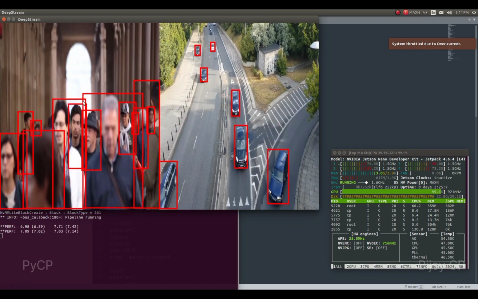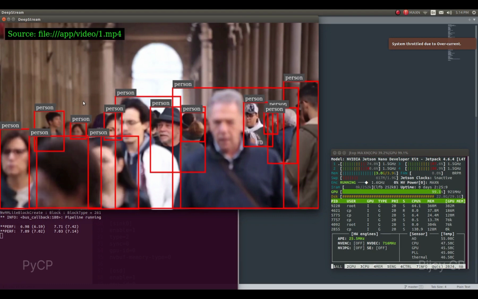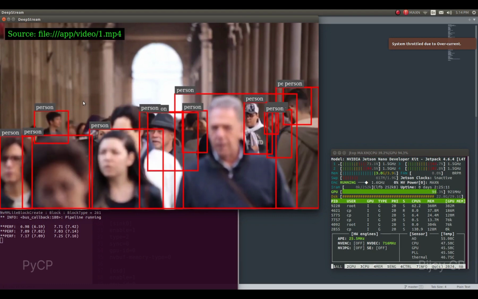To maximize the video, just click on the video. Then to exit, right click.